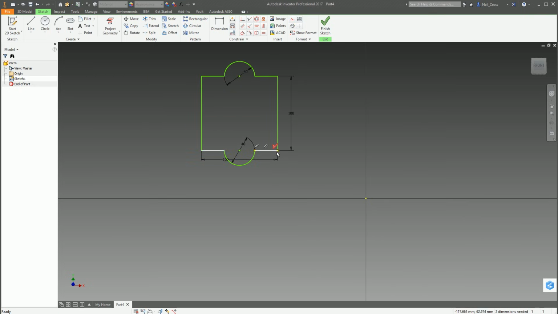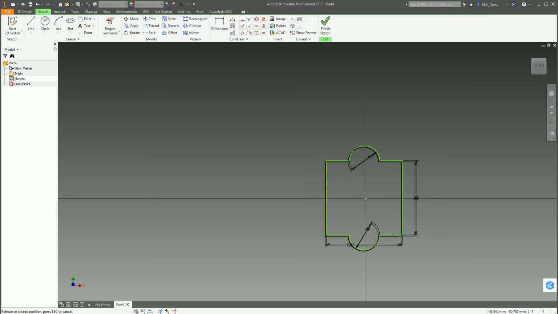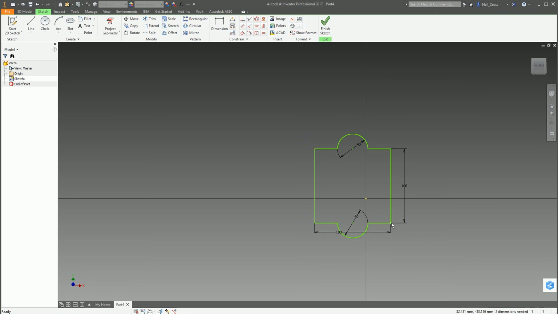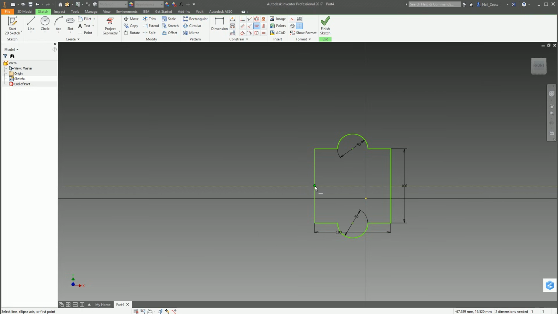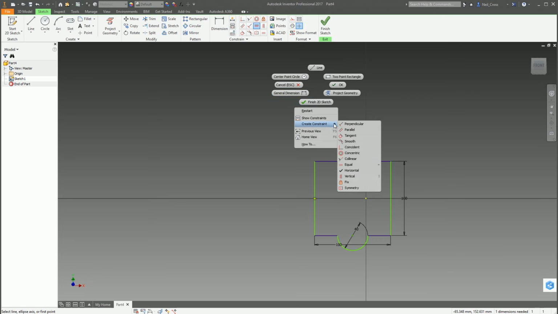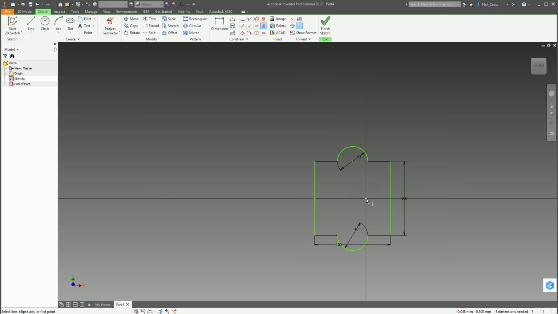So we want this to be symmetrically placed around that center point, around about there. So it's symmetrical that way and it's symmetrical that way. So how do we do that? How do we get it to be symmetrically aligned to the center of the model? Well, it's pretty simple. You just use 2D constraints again. You want the center point of this line here to be in line with the center point of the model. So you go back to your constraints, create a constraint, horizontal, and you can pick the little midpoint there and select the center of the model. Right click again, create another constraint, vertical between the center of the model and then the central arc.